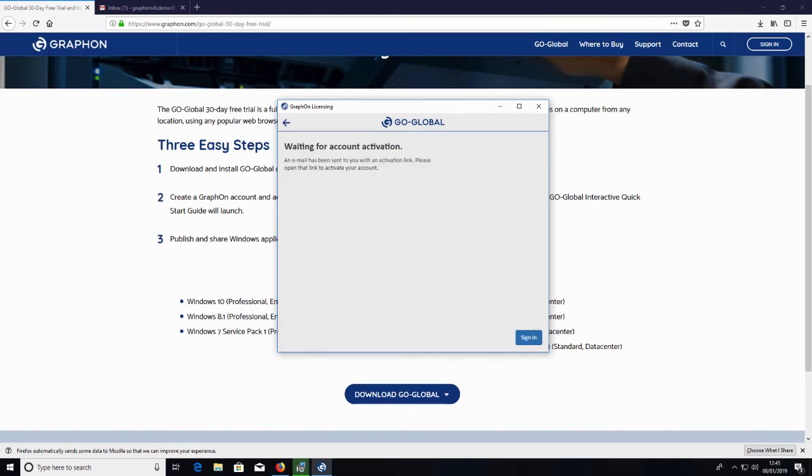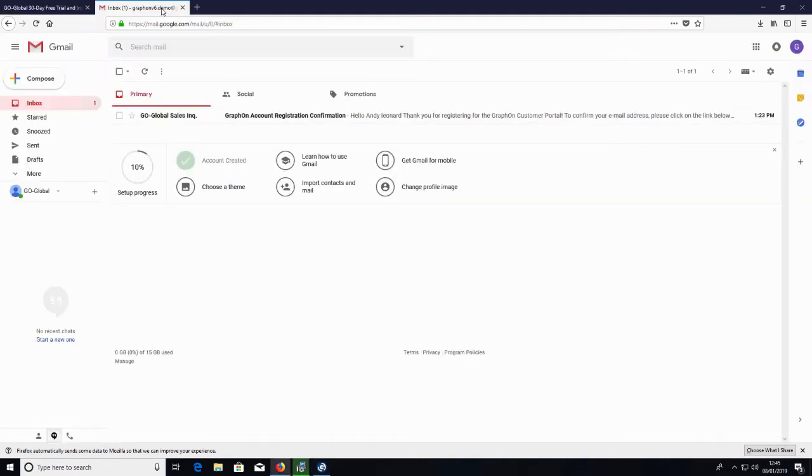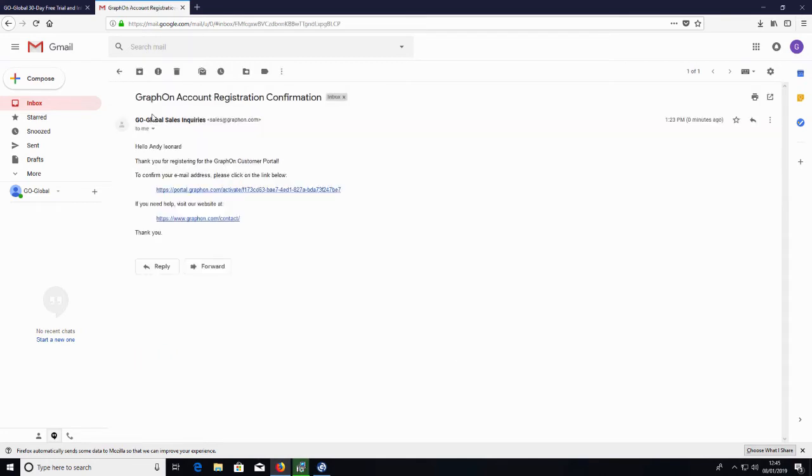To activate the account, I need to open my email and click on the link. When creating my account, I used a Gmail account. So I've now opened my Gmail up, and now you can see the email from Go Global here. So I click on this email, and you can see there's a link here that I need to click on to activate this account. If I click on this link,